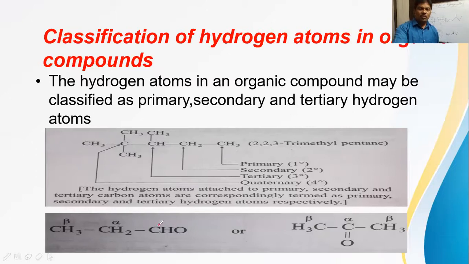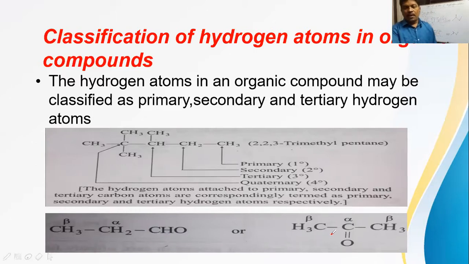Okay, so here when you give number 1 to this carbon and number 2 to the next carbon, now number 2 carbon is taken as what here? Alpha carbon. So don't confuse that. Alpha carbon need not always be the first carbon. Here it is first carbon, it is second carbon, it is third carbon. So don't confuse that. The second carbon in this example is taken as alpha carbon. And this is what now here? Beta carbon. Okay, atom 1 is nothing but the carbon of the functional group, and atom 2 is the alpha atom. Atom 3 is the beta carbon atom. That point keep in mind.